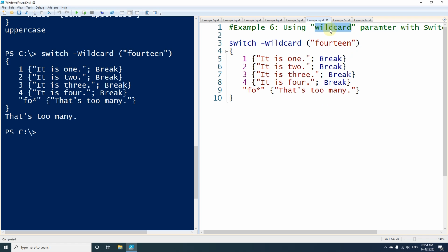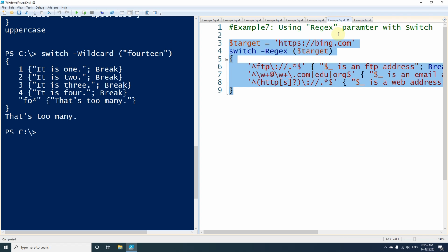parameter with the switch statement. And in the other example we have used the parameter called regex. In regex we have one URL, and we try to match this URL using a regular expression. These are all regular expressions here, and in the first one we are trying to match some FTP.